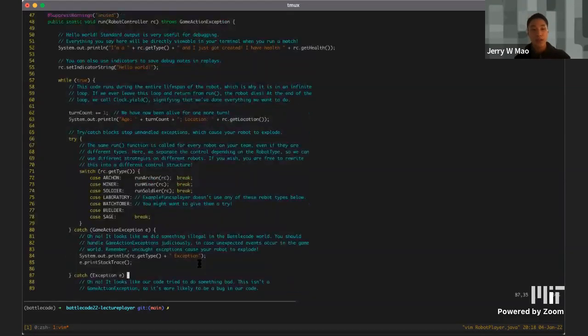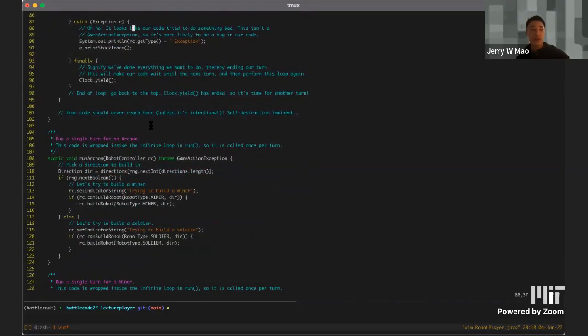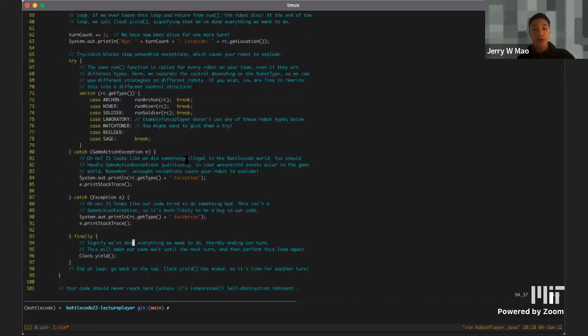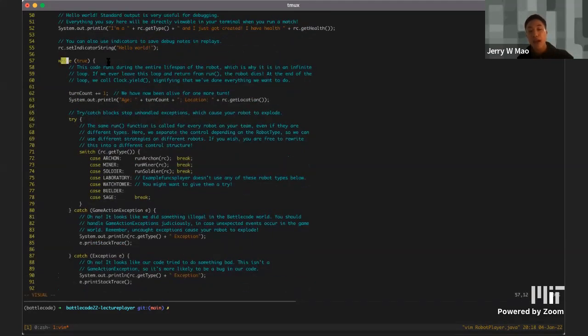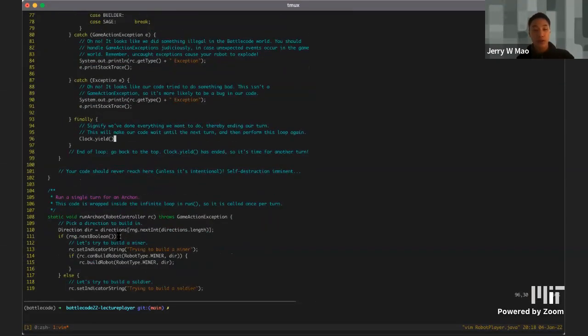Cool. So that's the main part of run. Now we're going to take a quick look at the other functions just to understand what they're doing as well. So we'll notice that run archon, run miner, and run soldier all happen inside this loop. So these are now only responsible for running one turn at a time. Because we have a while true that will handle the entire lifespan of the robot, now we just have to handle one turn at a time because this is all wrapped inside a while true with a clock.yield. So run archon will run a single turn for that